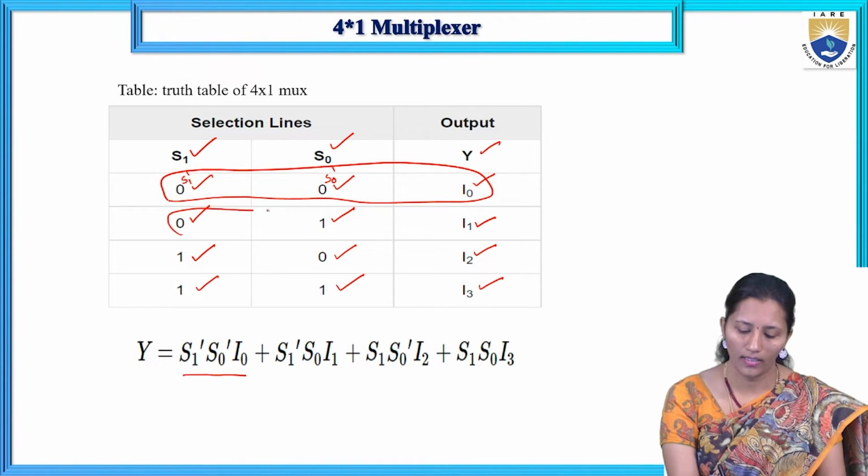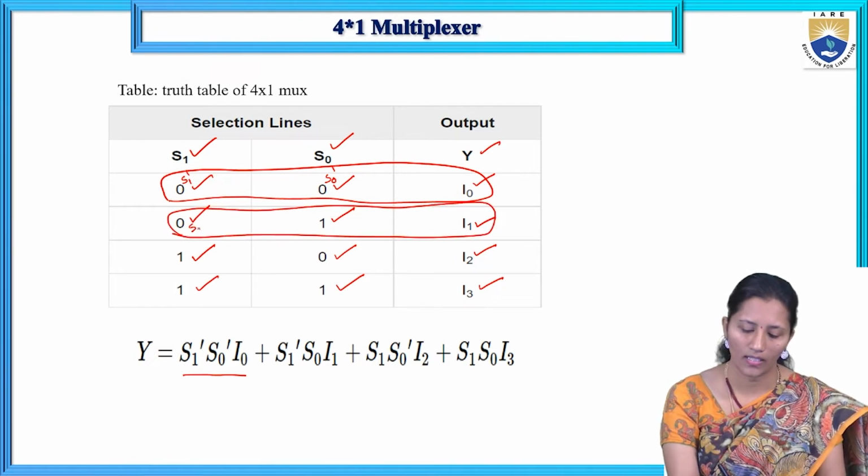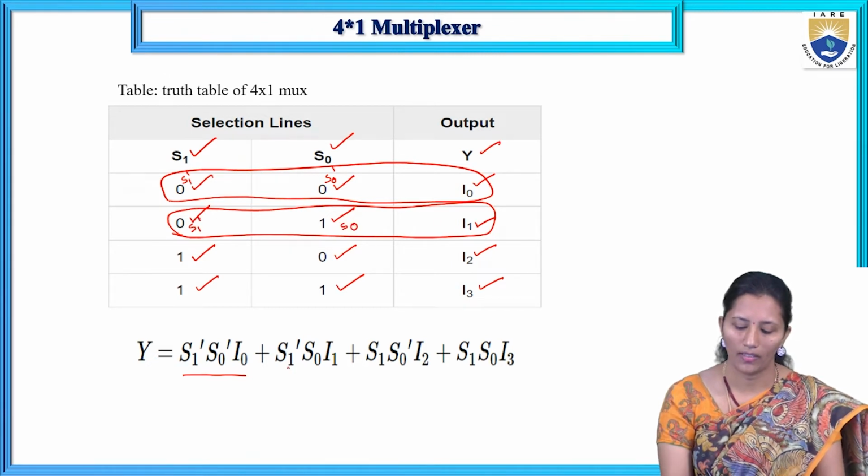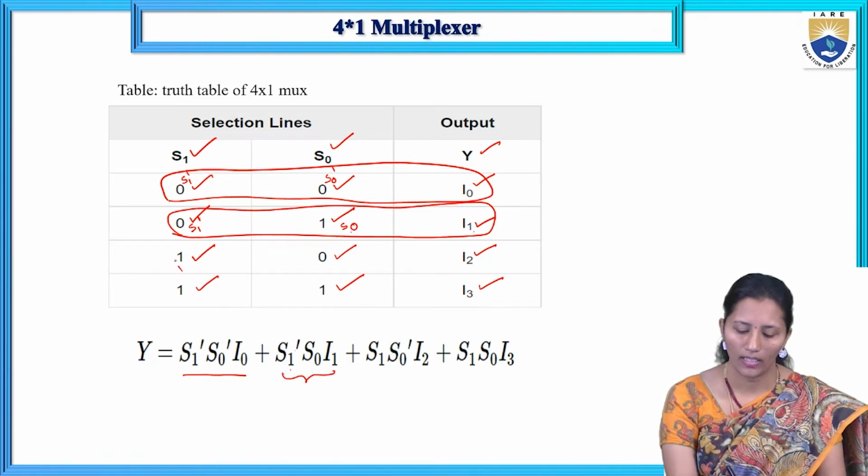And the second term is S1 bar and S0 and I1. S1 bar into S0 into I1. This is the second product term. And the third product term,